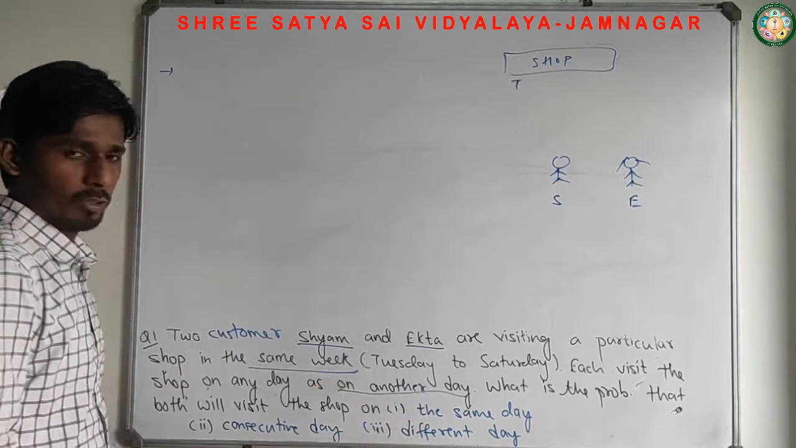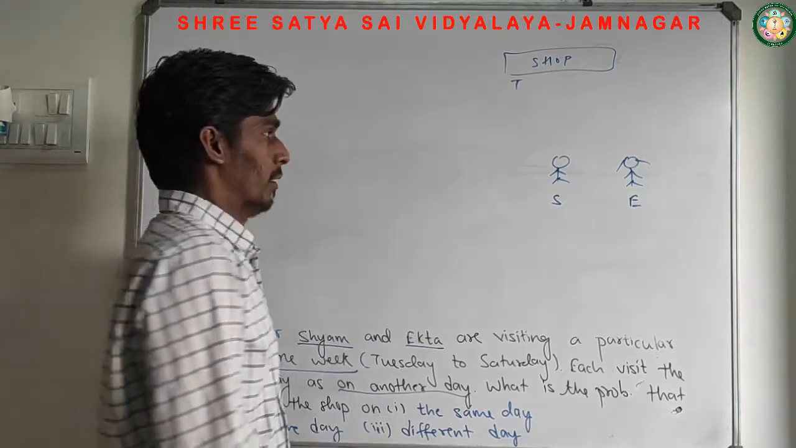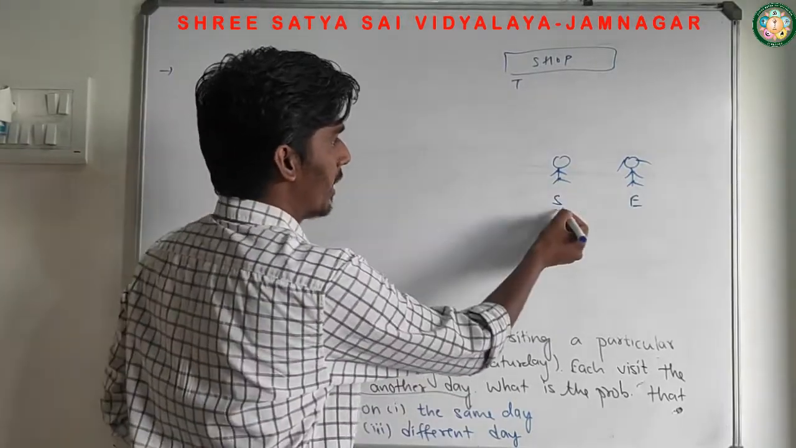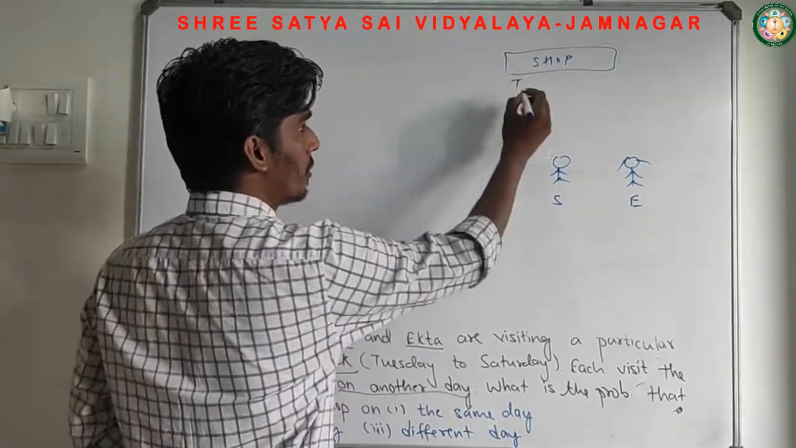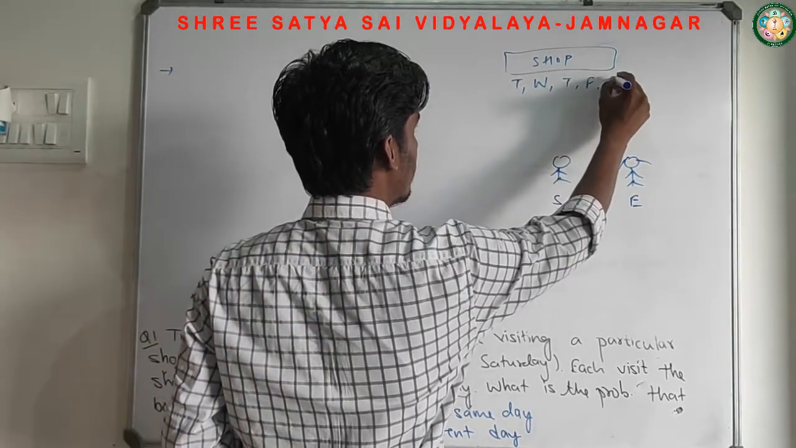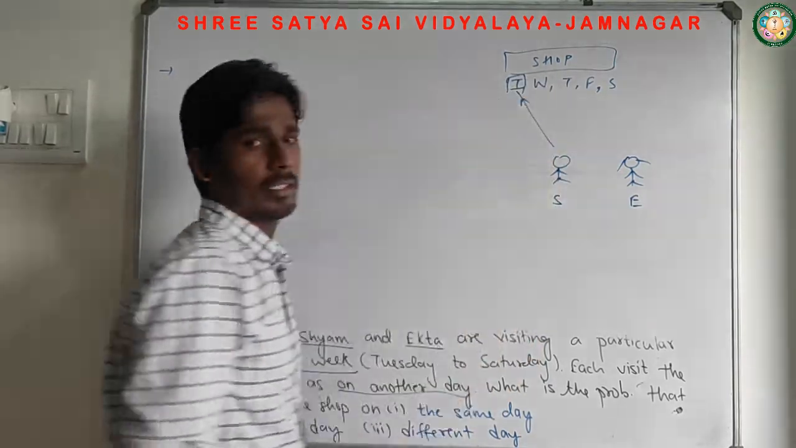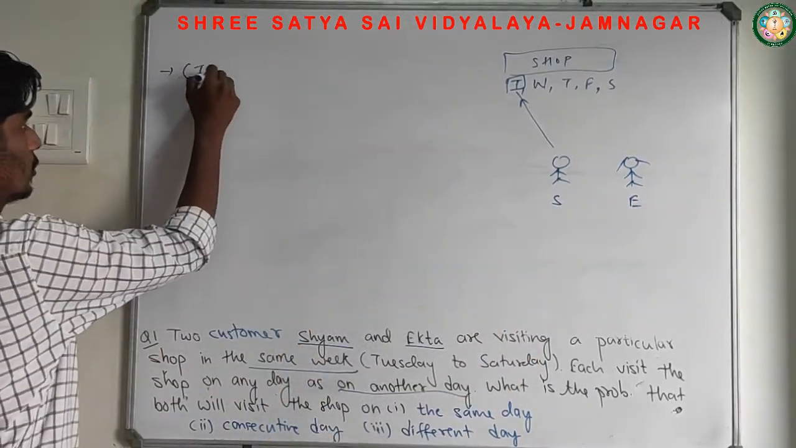We'll go to the question afterward. First, let's try to find out its outcomes. So let's think that Shyam went to the shop on Tuesday, Wednesday, Thursday, Friday and Saturday. Let's just take the first condition. He went on Tuesday. So Tuesday,